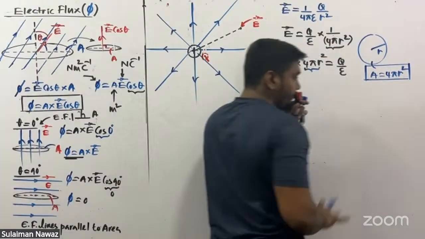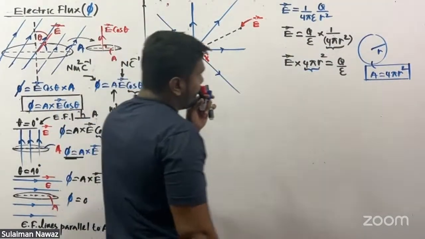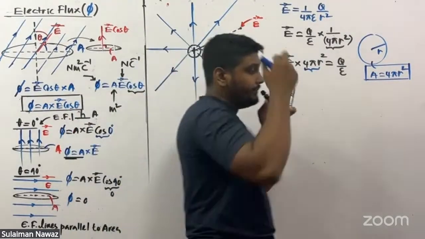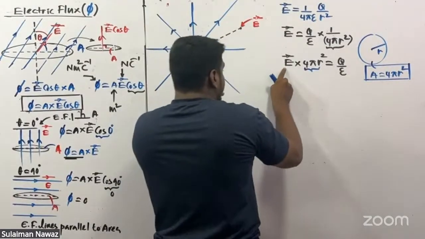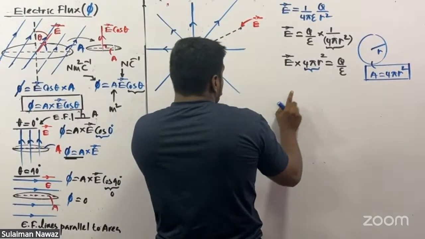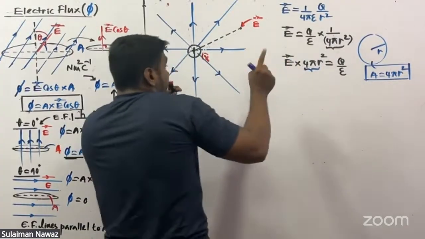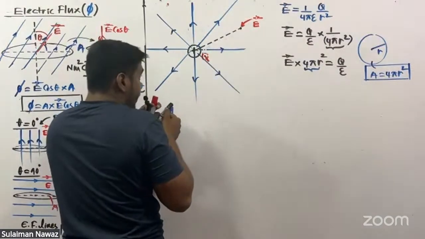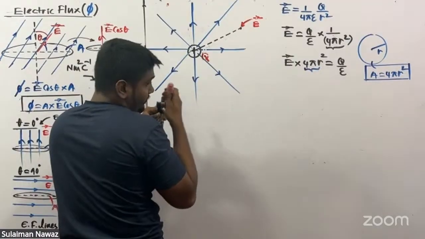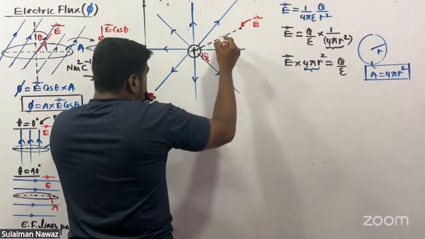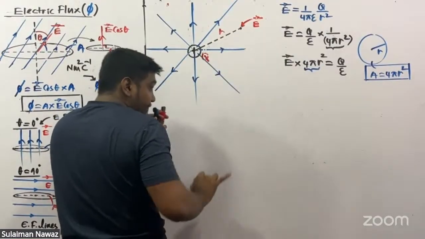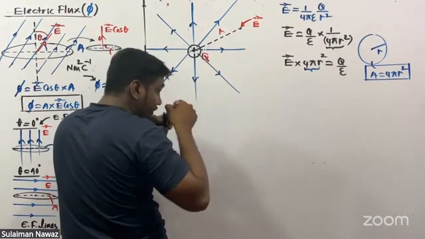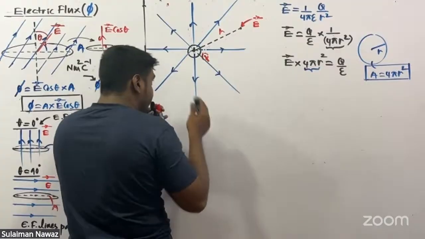Right. So now, intensity into 4 pi r squared. Now I'm going to draw an imaginary sphere of radius r, taking the center as the position of this positive charge. If I complete that imaginary sphere,